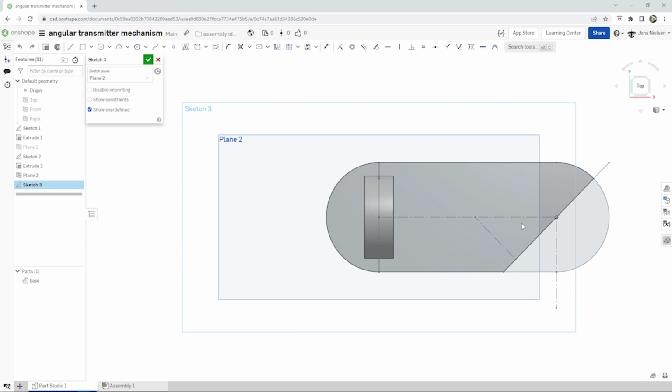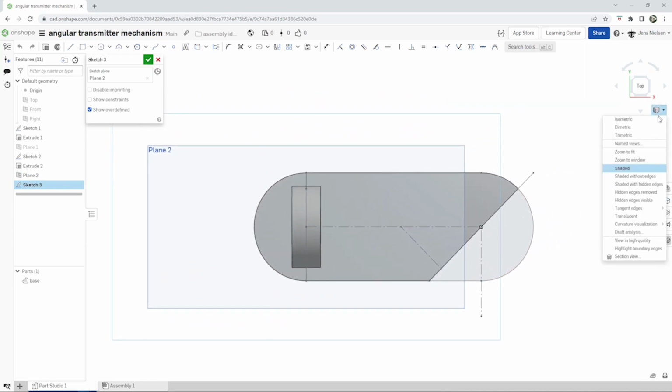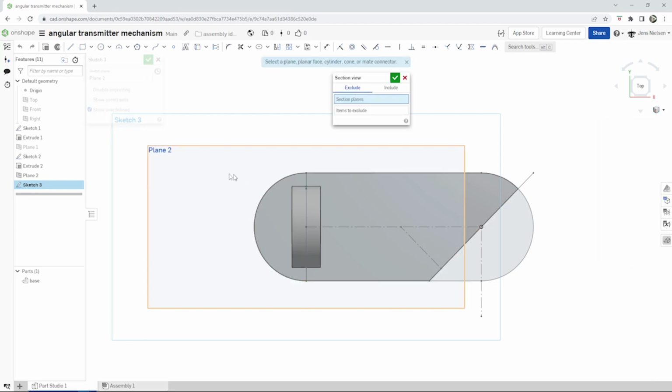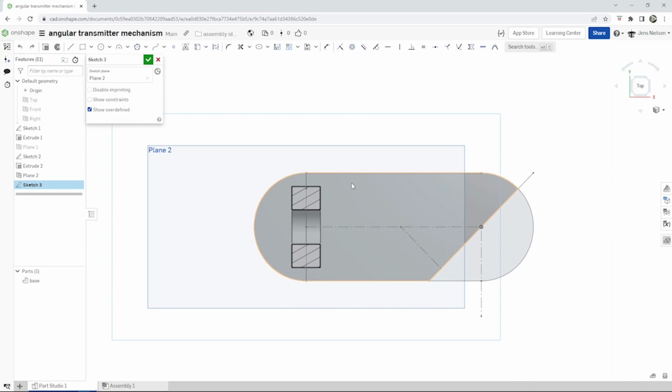And we can use the section view so we know where we are working. And now let's project. I press U. Take that face here, that cylindrical face. Take that edge,